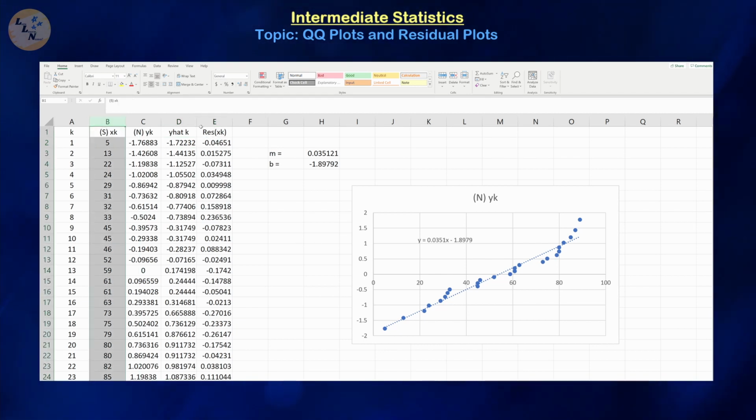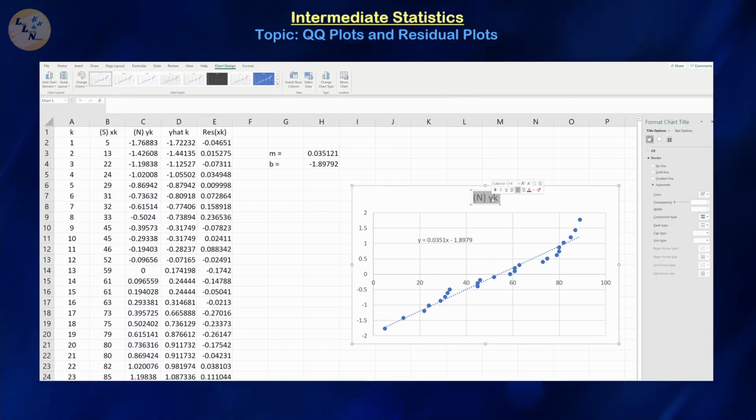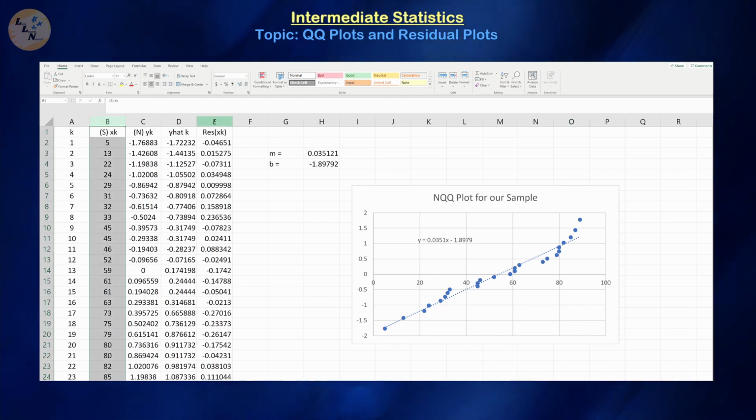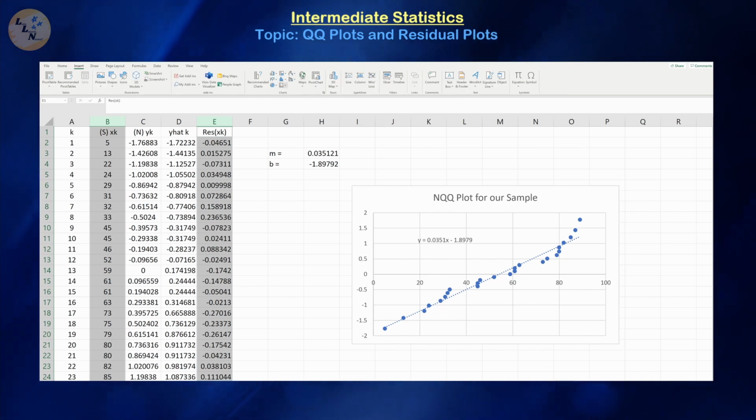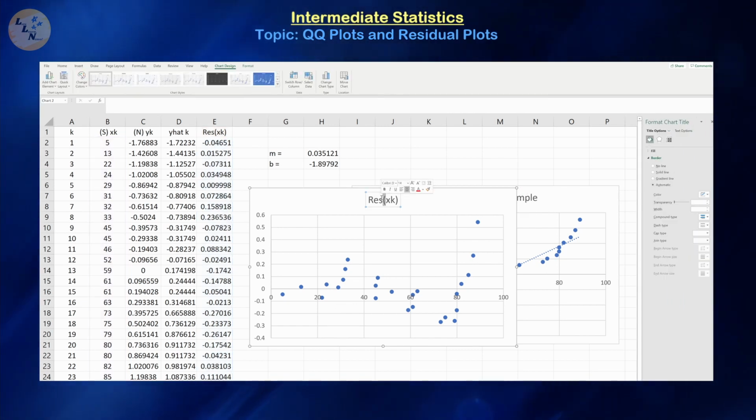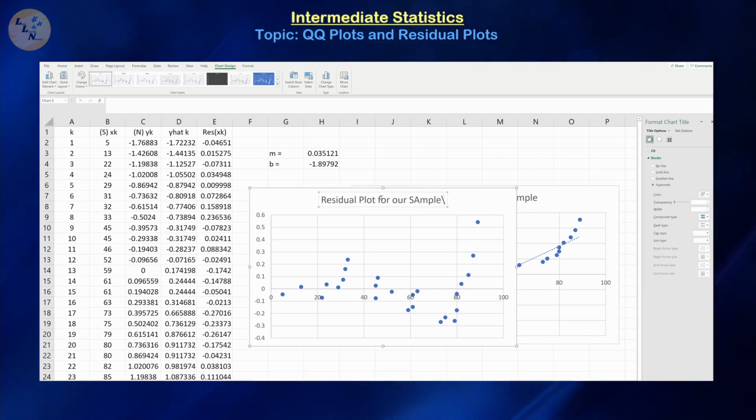So let's graph our residual plot. So actually, let's title this correctly. This is the normal quantile-quantile plot for our sample. And let's now calculate our residual plot. So that's going to be the residual and our data set. Let's do a scatter plot, right? So this is our residual plot for our sample,